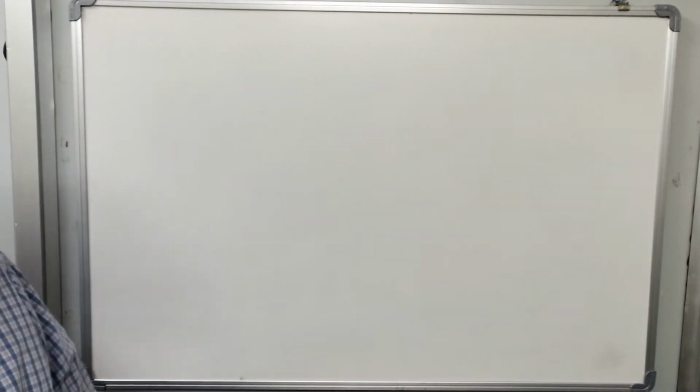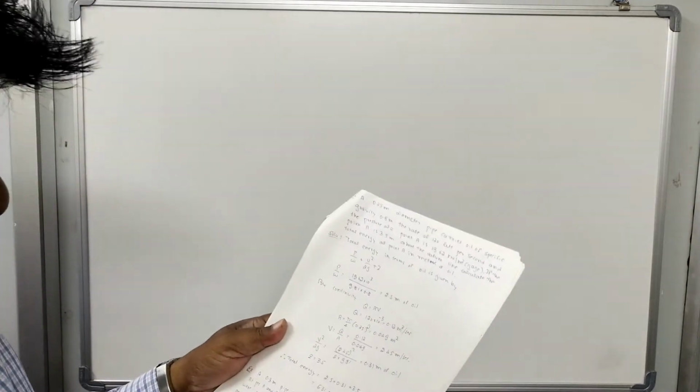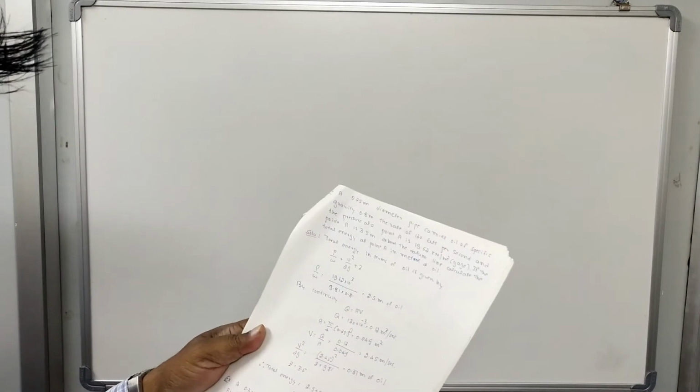Some of the students asked to solve more numerical problems. So in today's class, we will solve some numerical problems. The description of the numerical problems is already uploaded in the notes. So first I will read the problem here. The problem is like this: a 0.3 meter pipe carries water at a velocity of,